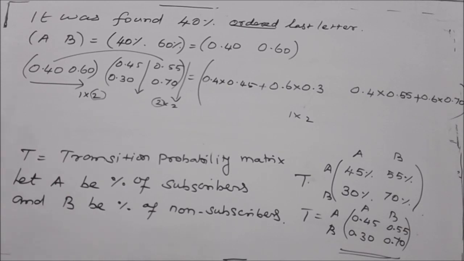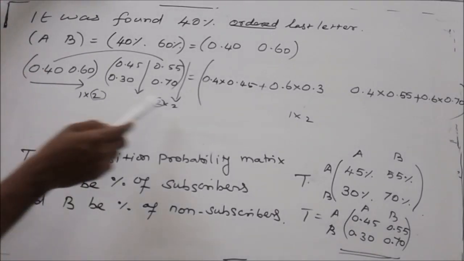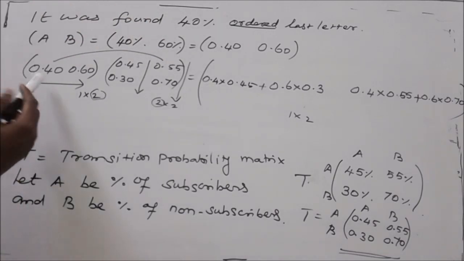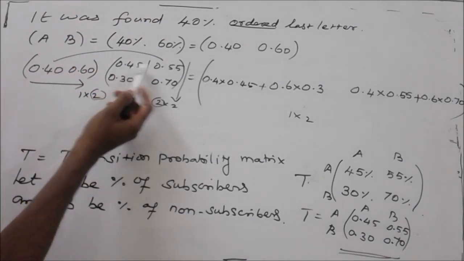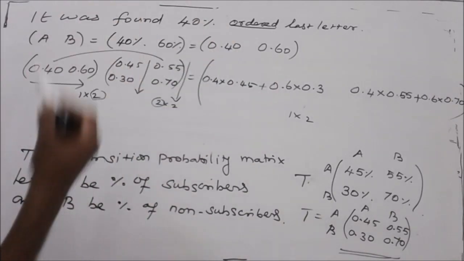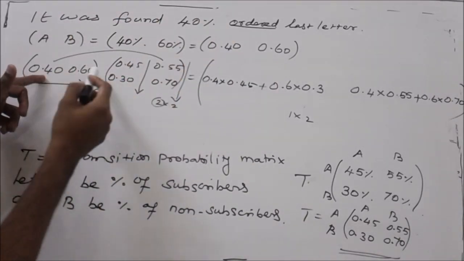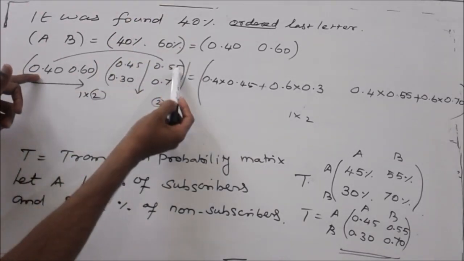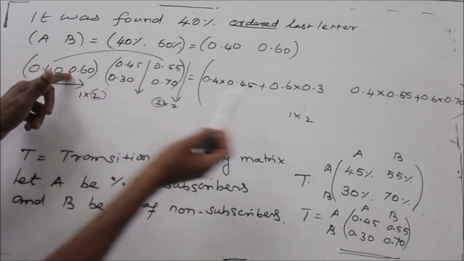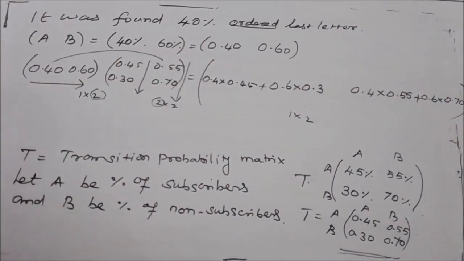You are already familiar with multiplication of matrices. It takes place this way: 1 cross 2 into 2 cross 2, multiplying by the row by column method. 0.4 into 0.45 plus 0.6 into 0.30. Then the first row with the next column, 0.40 into 0.55 plus 0.6 into 0.70. Multiplying these values, we will have